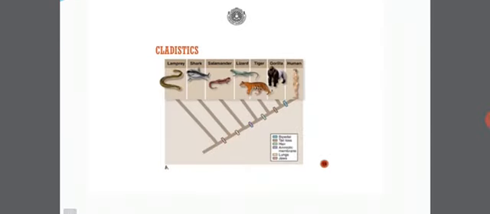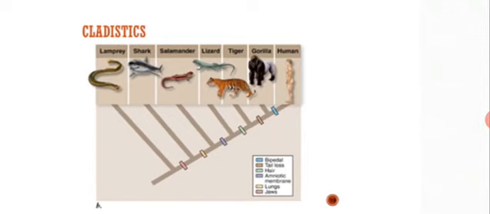Now the further aspects about cladistics, as you observe in this picture. Here the basal one is referring to the most primitive organism in this diagram, which is called lamprey, from which there arise the animals or the vertebrates having jaws, then arise the animals having lungs, then arise the animals having amniotic membranes,